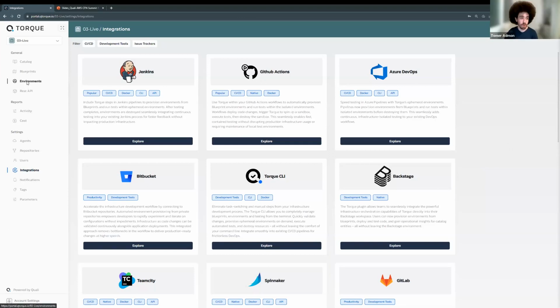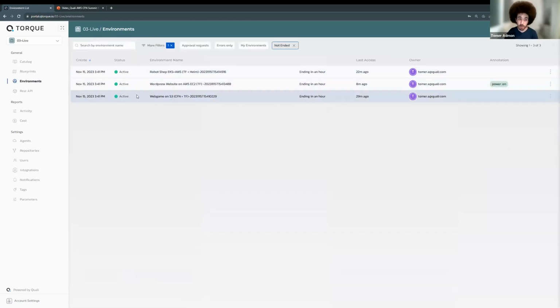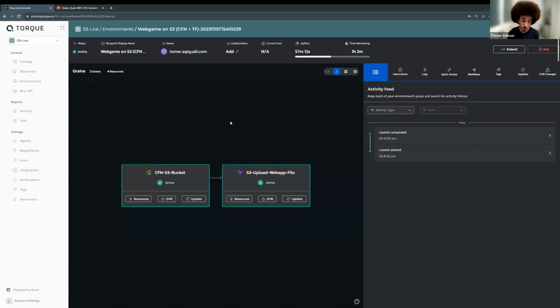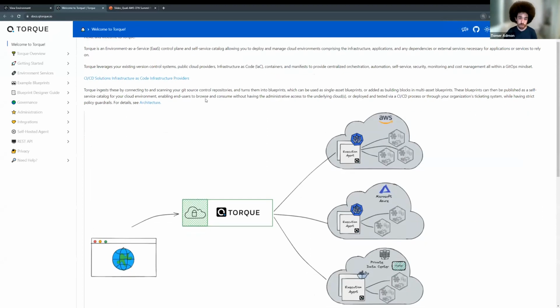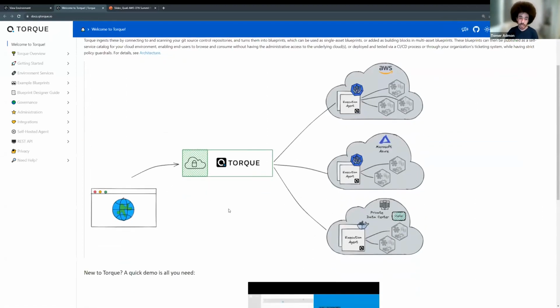Great. So we've presented different deployment options with different tooling, but Torque in general works in an agent configuration. We also have an agentless deployment option, but usually we see that our customers really prefer the agent way. By the way, if you go into our docs, which is docs.qtorque.io, you can drill into everything. Torque is a SaaS product, and that means that we will need an agent in order to run your automation.